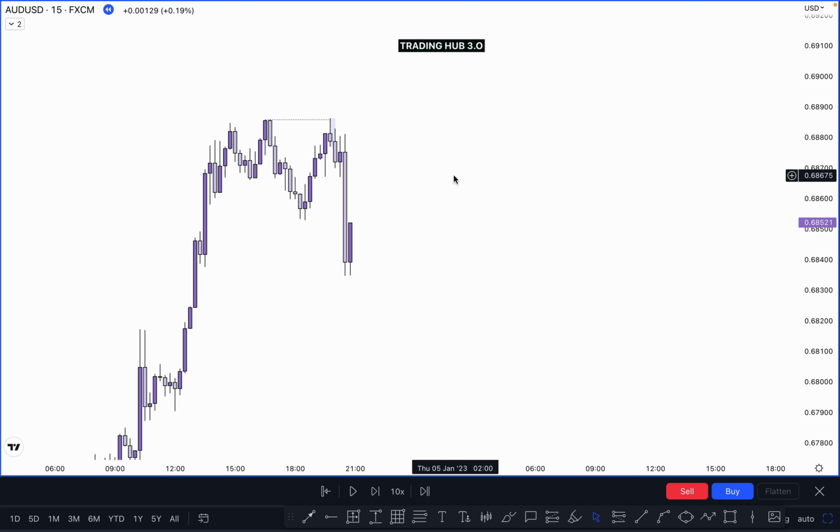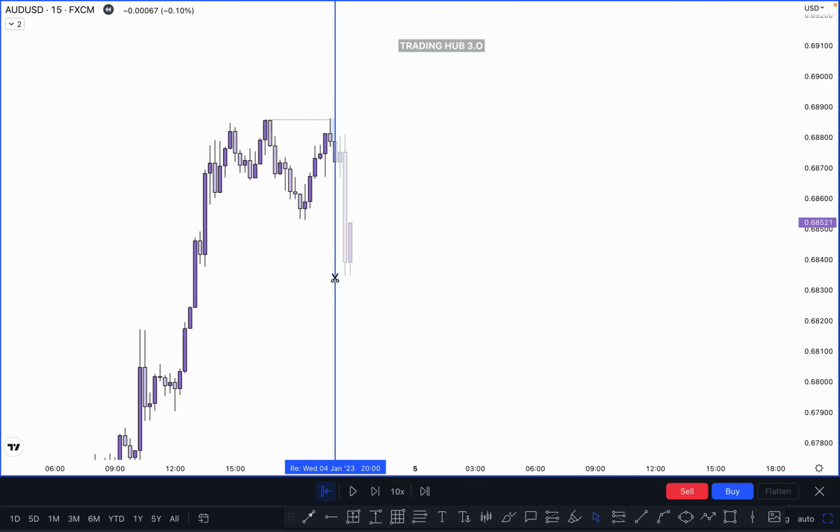Same scenario will be applicable here if the market has taken out the previous session high or low, or if the market has taken out the structure high or low. In every scenario you have to switch to the 1 minute time frame to find a lower time frame entry. So let's see what is happening here in the 1 minute. First of all, let me show you through bar play, then you can understand very easily.